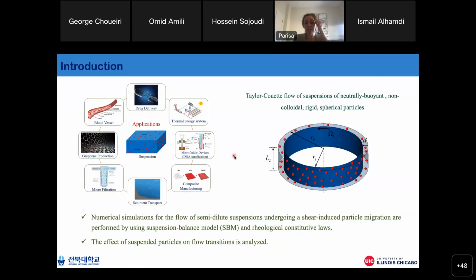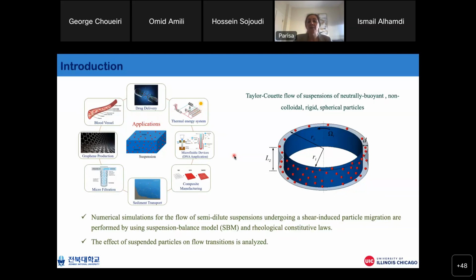What was interesting, and we found, actually I had a postdoc that was working on Rayleigh-Benard convection and Taylor-Couette flow of pure fluid, and then we were discussing that it might also be interesting to consider if there is any analysis with the suspension. And it's surprising that we didn't find any numerical simulation that considered either Taylor-Couette flow or Rayleigh-Benard with suspension, while there are a lot of experiments and numerical simulations with pure fluid.